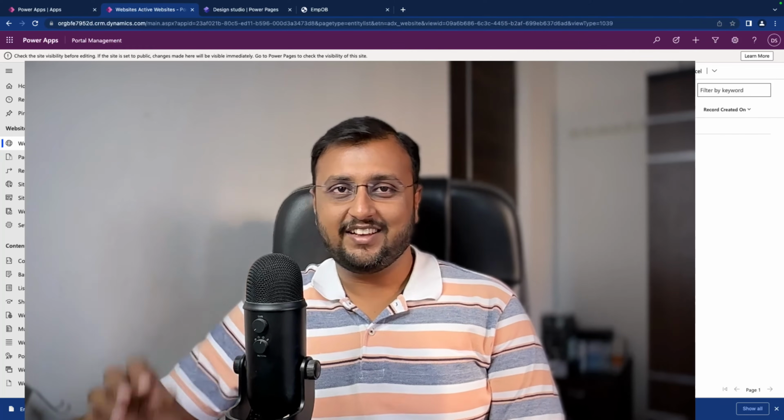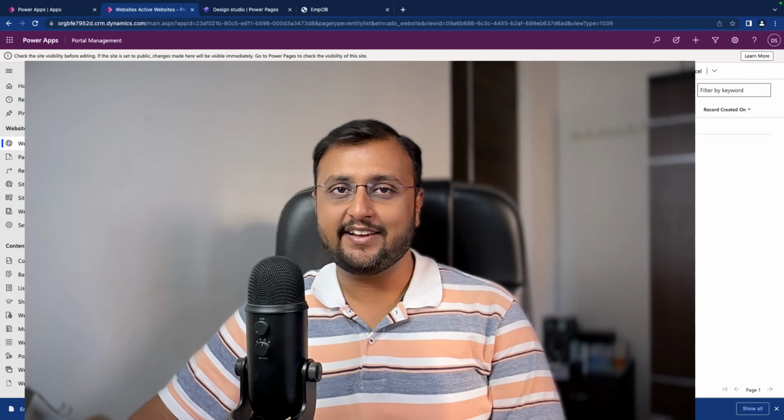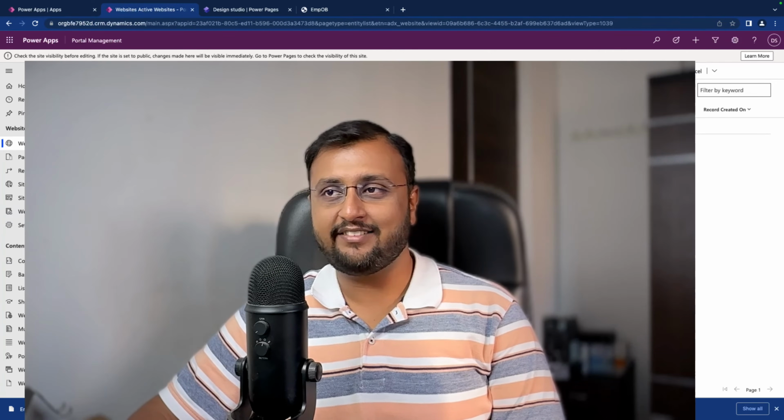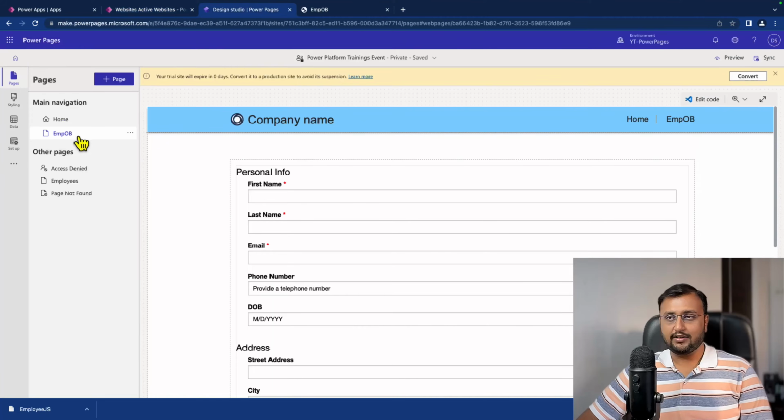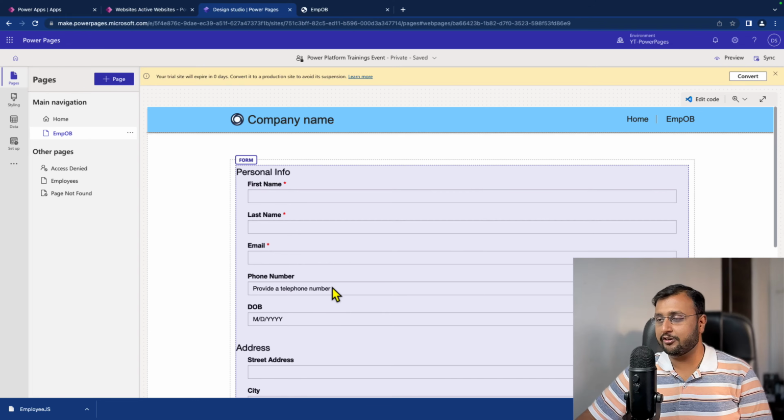Hey makers, this is Dhruvin, and in this episode I'm going to talk about how you can add a custom JavaScript file inside your Power Pages form. So let's say, for example, this is one of the pages, employee onboarding, which we created in our previous session. Now I have a requirement that I want to write some custom JavaScript code on this particular page,